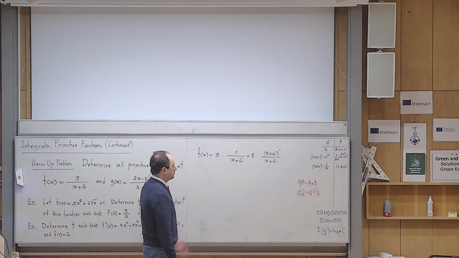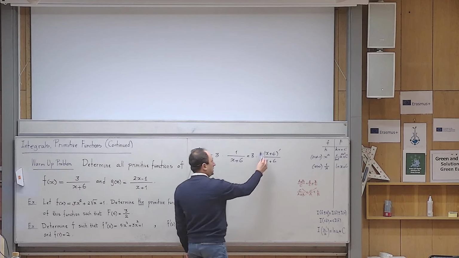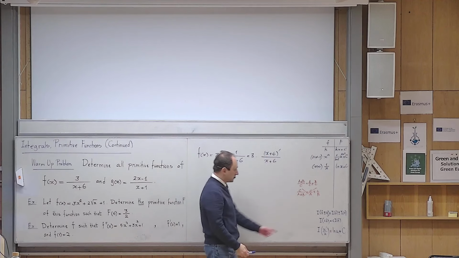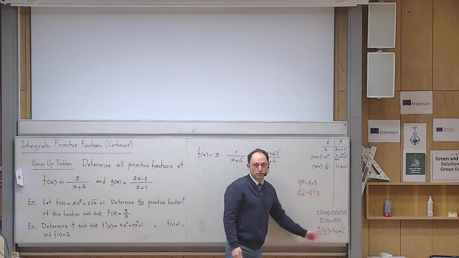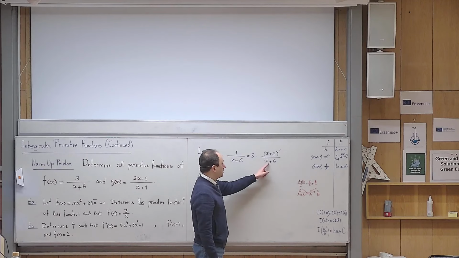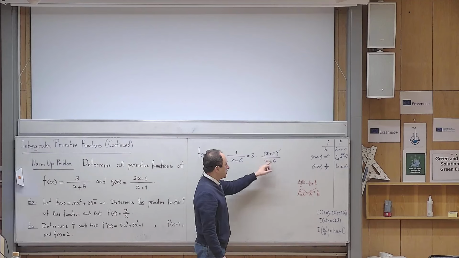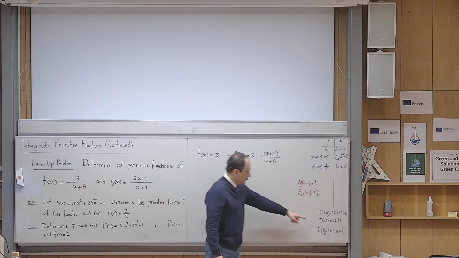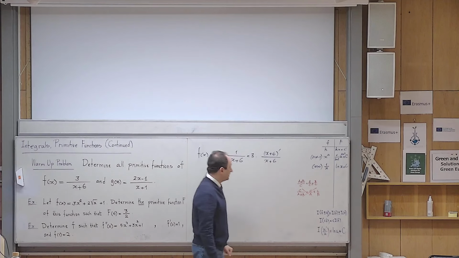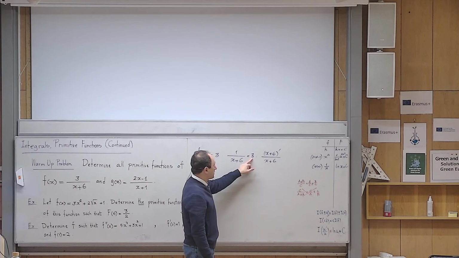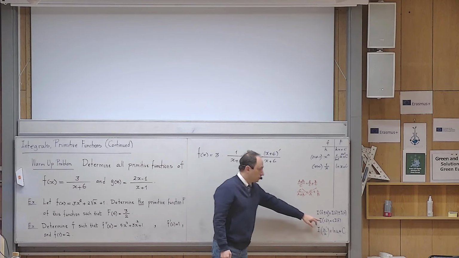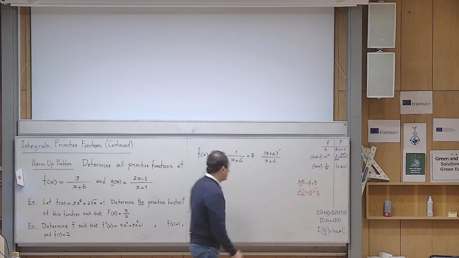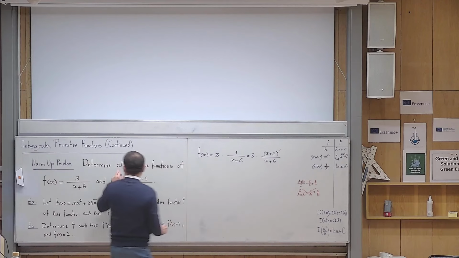And then you understand what is the benefit, because this combination that appears is exactly the combination u prime over u. Yes? So by giving the role of u to x plus 6, then this becomes u prime over u, which is exactly the combination that I need. And I'm not worried about this 3, because 3 is a multiplicative constant. So if I want to find,